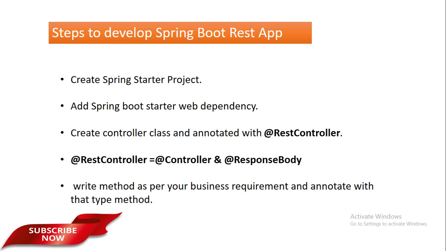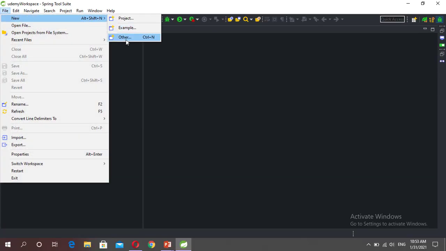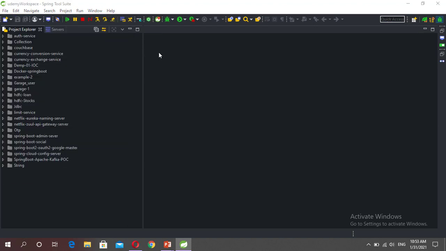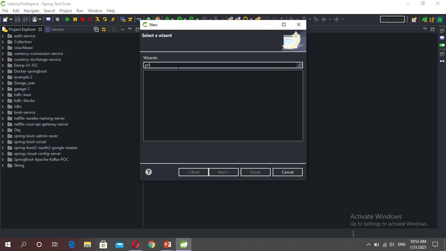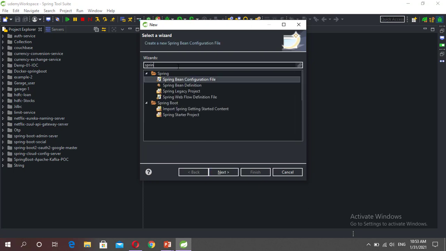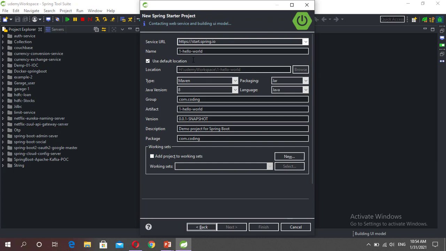So let's get started. We will create one simple application in the STS IDE. First of all, click File, New, Others. Just type Spring Boot, Spring Starter Project. Click next. First application, Hello World.